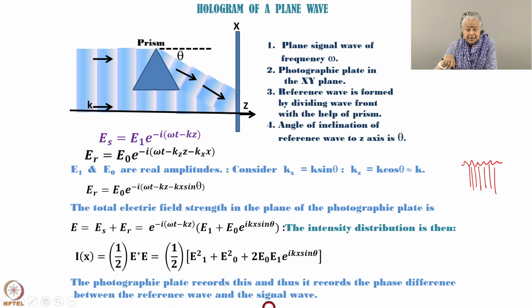The photographic plate records this, and thus it records the phase difference between the reference wave and the signal wave. Now that part is very obvious to you. The moment there is an interference pattern, that means it has put in the information of the phase difference between the signal wave and the reference wave. So I have got an interference pattern on this plate now,